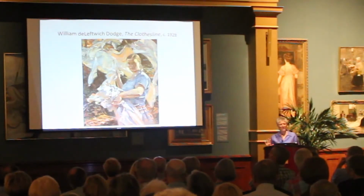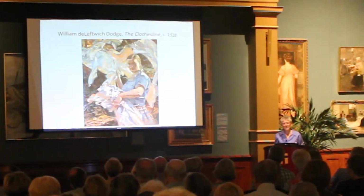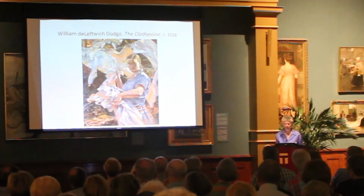So when you see this painting, you should not be surprised at her scale. She's larger than life, which I think of in terms of, he's used to people looking way up in the distance, and also this wonderful open brushwork, which of course we can read from a distance because it is so incredibly bold. There are also wonderful passages that are virtually abstract there in the upper left, and then in her bundle of sheets that she